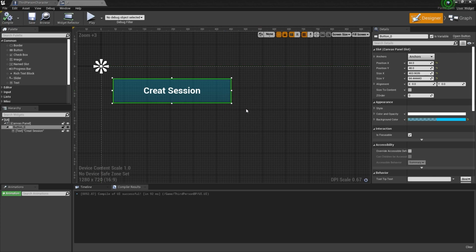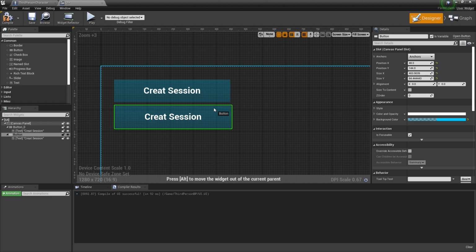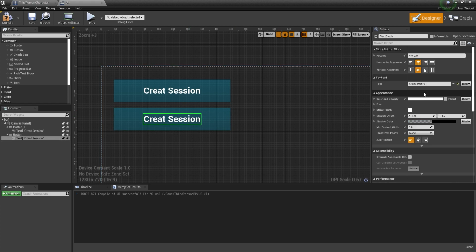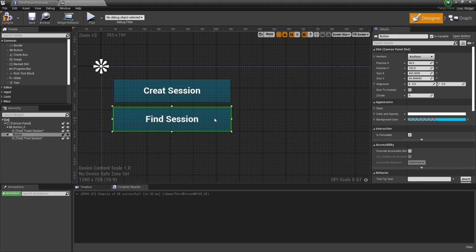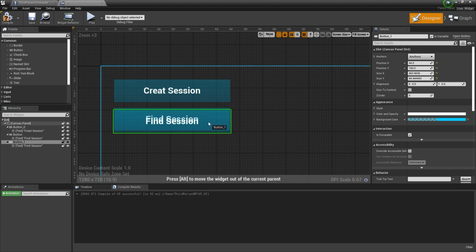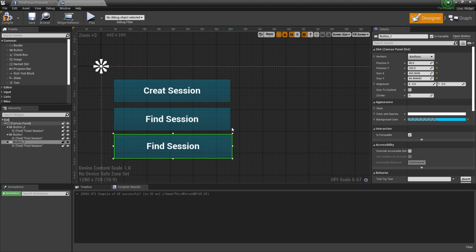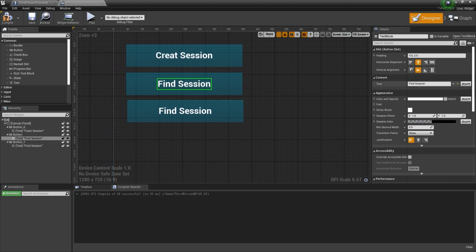Then we need one more for finding the session. That is basically the finding match. So here we will use find session, and the last one will be for find and join, because if it finds, it can join. So let's give it find and join.